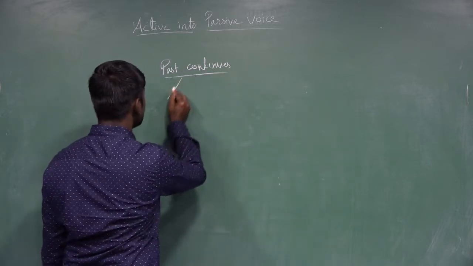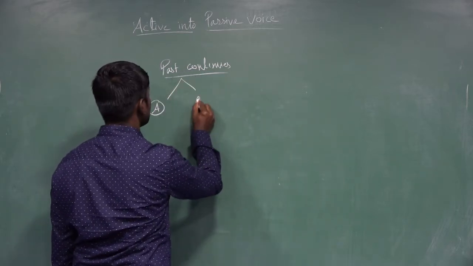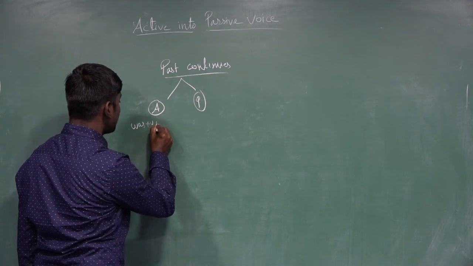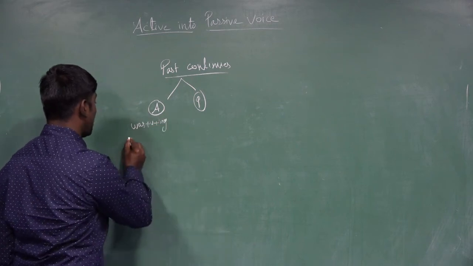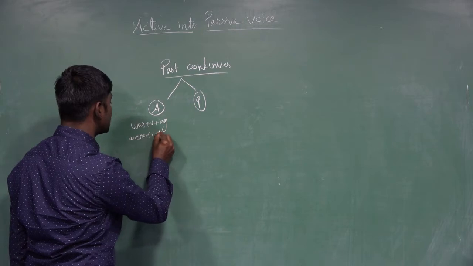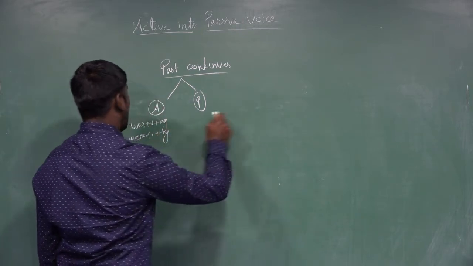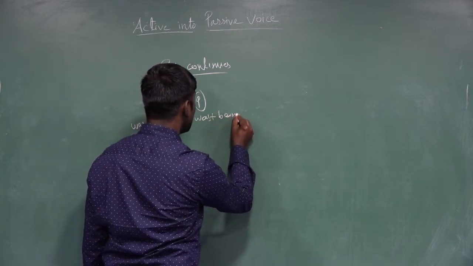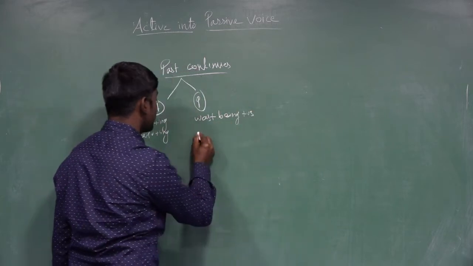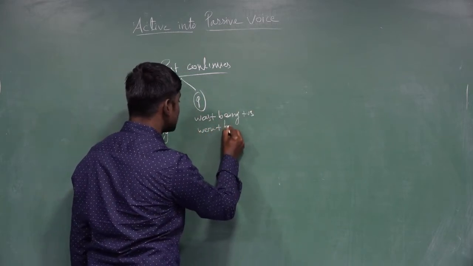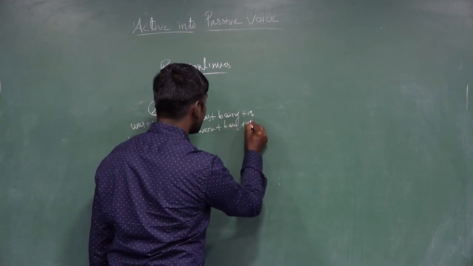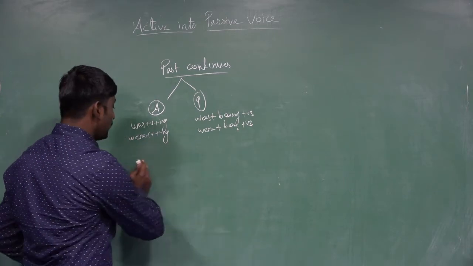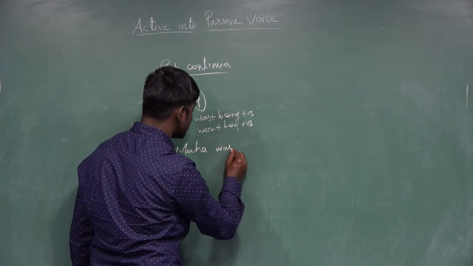Past continuous, active into the passive voice. So what is the auxiliary required? Was plus verb plus gerund form, and next were plus verb plus gerund form. In the passive voice, was plus being plus V3 form, were plus being plus V3 form. And for the given example, Maha was